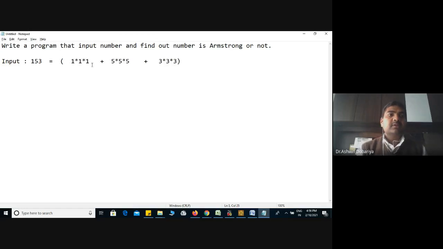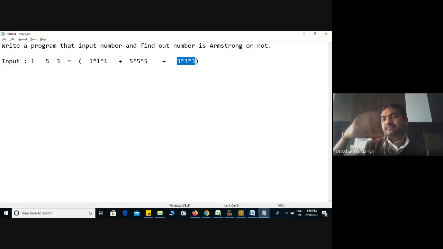In that also, one logic is common: you have to separate the digit. And whenever you separate a digit, what do you have to calculate? The cube. The cube of that separated digit is 27, this one is 125, and this one is 1. Now you make the total.